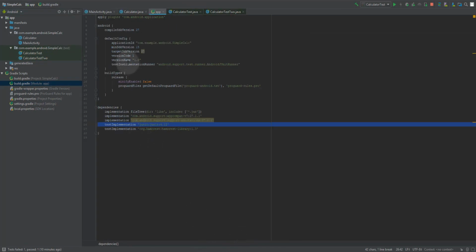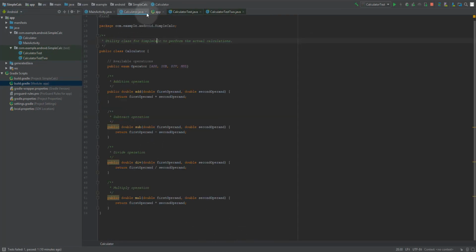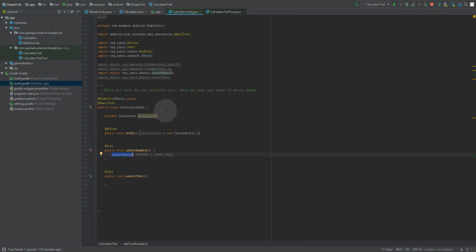Okay, let's go to the other project here and go to this file here that we were at this point. And let me clarify something. This annotation here indicates that we are going to use JUnit 4. Okay, so you can use it, you can not use it, that's up to you. And this small test, let's explain this one. What is this? You see, what happens is this: